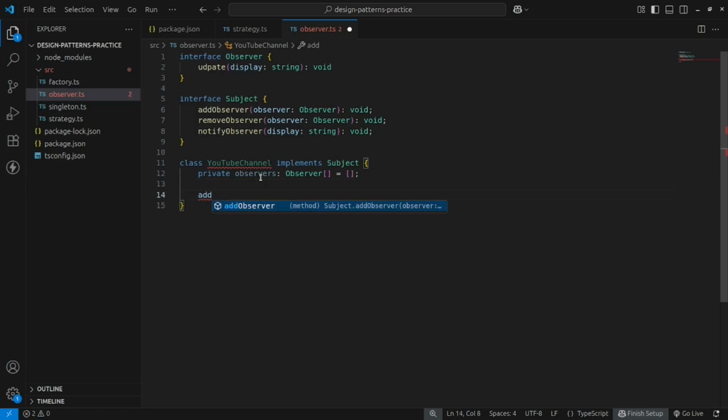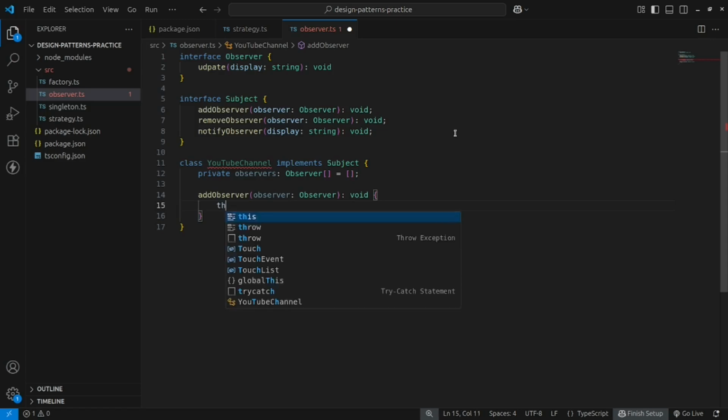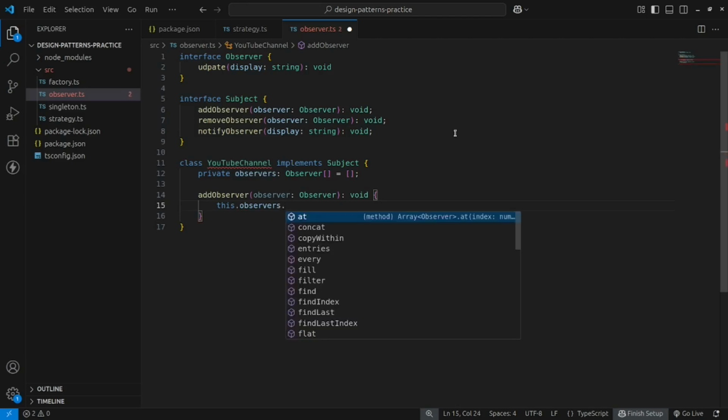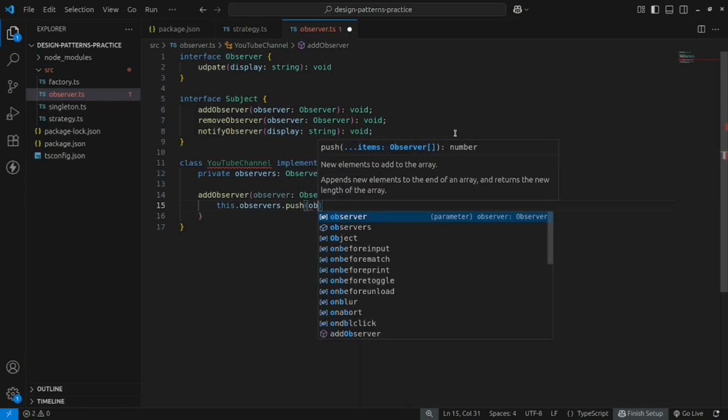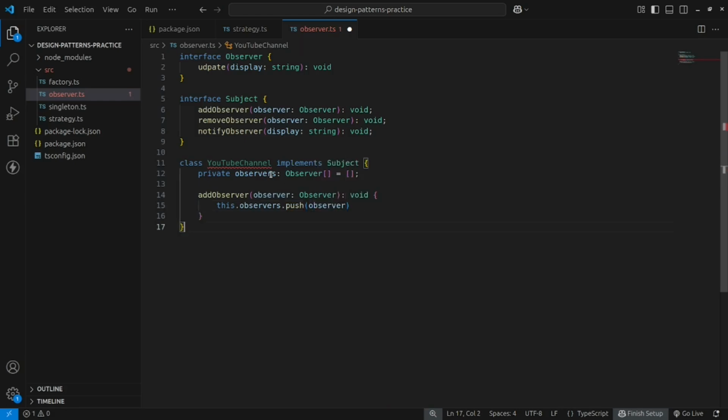So now I have to implement all these methods. So first is add observer. When we call this method, I want to add the observer in the observers list. So this.observers dot, we have a method called push, and we want to push whatever is being passed. So inside this list we are passing the observer. And similarly for removing observer,